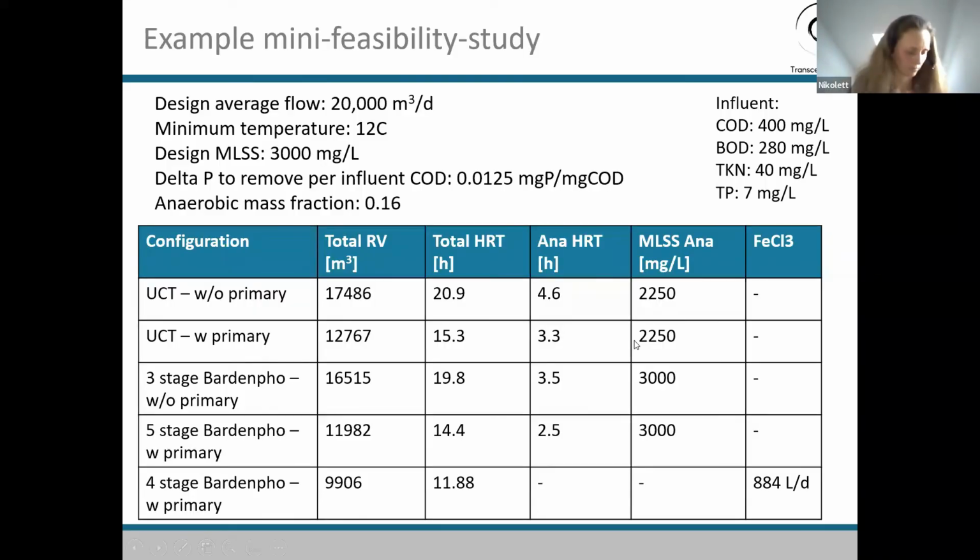So yeah, as the last question was about evaluating different options, this just reminded me that I have put together this small table. This is really a very mini example of what can be done as a kind of feasibility study by the tool. So what I have put together is I have run different designs for the same design average flow, for the same minimum temperature, for the design MLSS of,